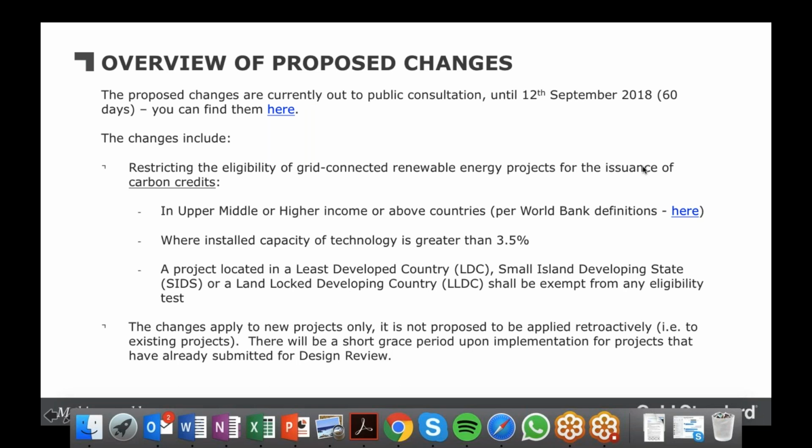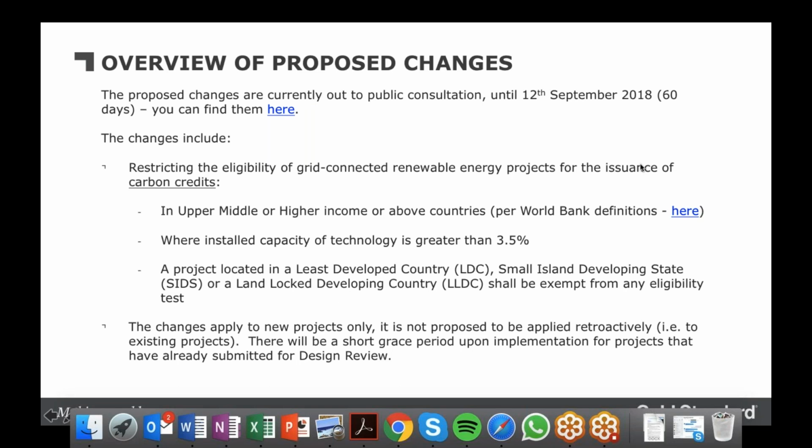And as with all of our rules, we will put in place a grace period to allow for projects that are, for example, in validation or in preliminary review, to continue on the path that they have done, having expended the cost towards that. So we haven't set those timings yet, but be reassured that those timings will make sure that nobody has expended cash towards the issuance of carbon credits and then has that pulled out from underneath them.